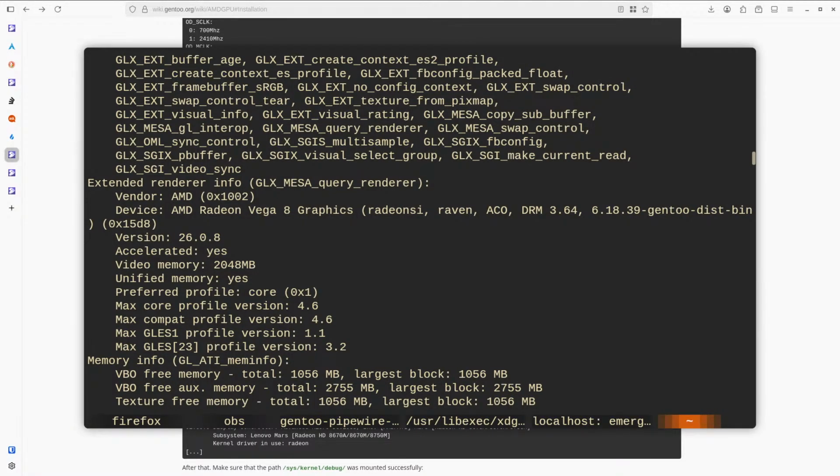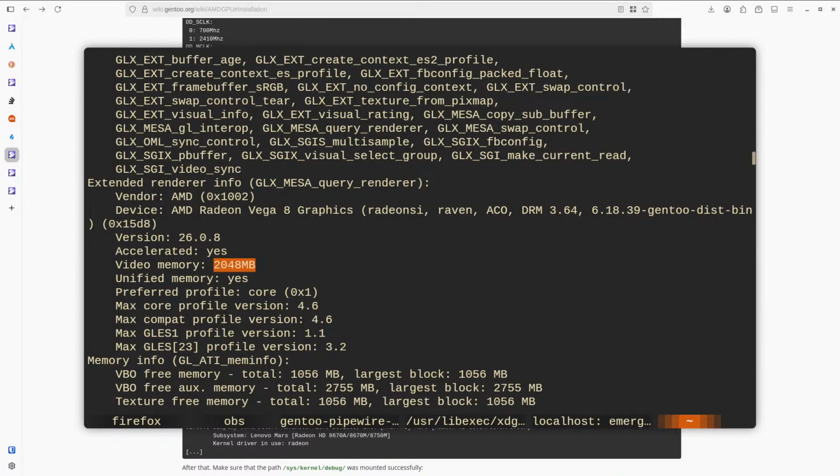Extended renderer info, Mesa query, vendor AMD, device Radeon, Raven. This being kernel 6.18, by the way. Version 26.0, accelerated: yes. Video memory 2 gigs. So that's where my memory goes.